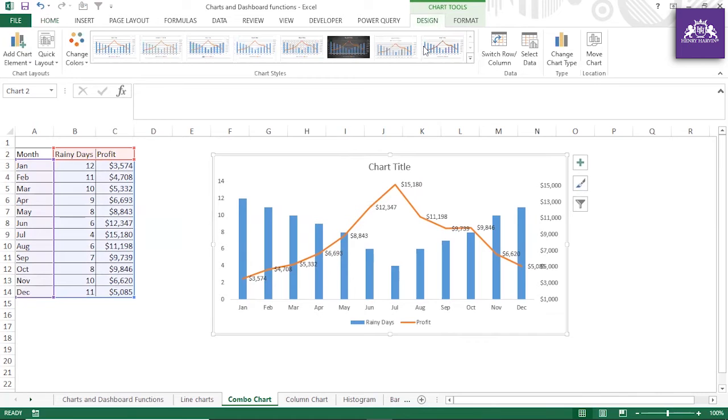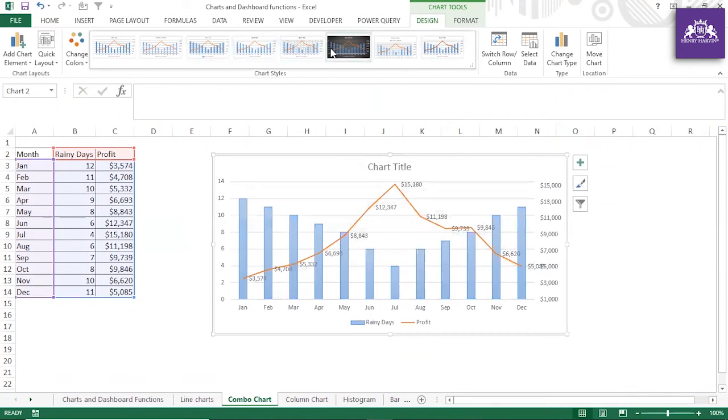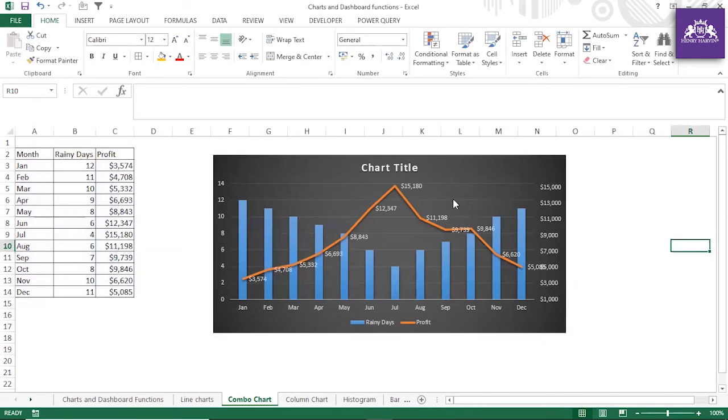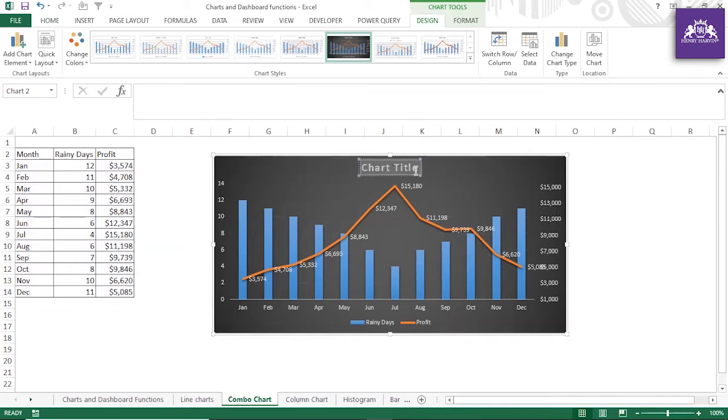Let me go to design and see what kind of designs are available. Only we have these things, so you can select whatever suits your requirement. I hope guys this is also clear, and you can change the chart title also. Maybe you can say sales data